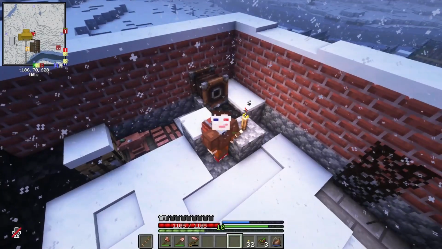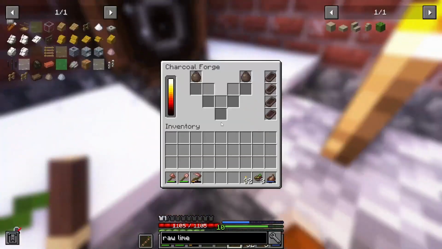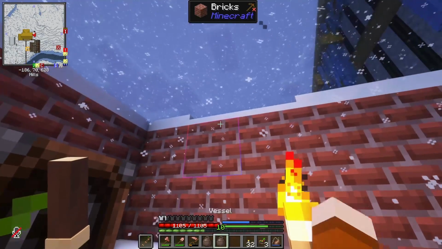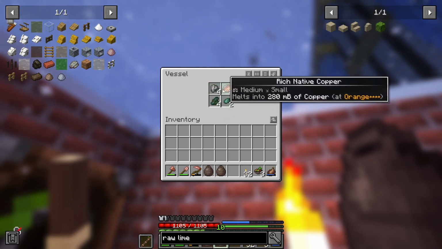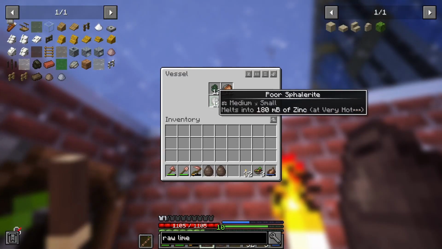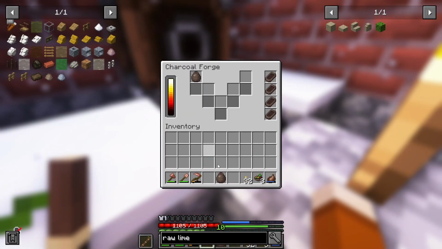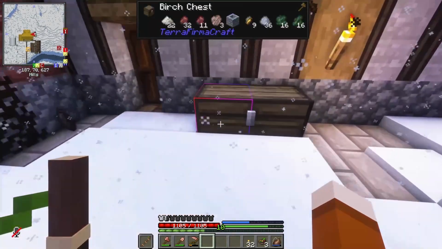And we're back at the forge. You've all seen this before, but I've got enough ingredients in these to make up 14 ingots of bismuth bronze. Now, I did say last episode that this is the less efficient method of melting it. But,